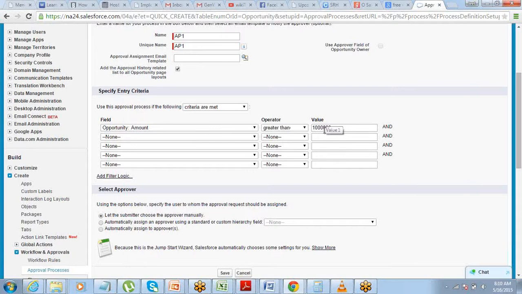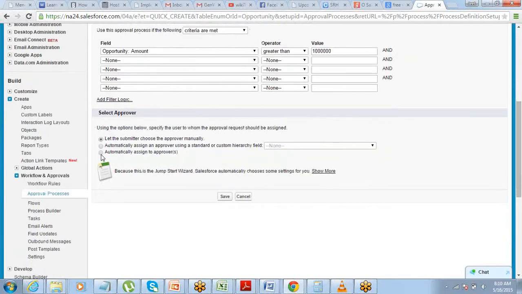If you try to start an approval process for a record which is less than 1,000,000 in the amount, then the approval process will not happen for that, because that does not meet the entry criteria, right? So if your company has a system that every opportunity needs an approval no matter what, then you don't put this one. Then just leave it blank. But here we want approval only for the records which are bigger than 1,000,000. Okay, so that's fine.